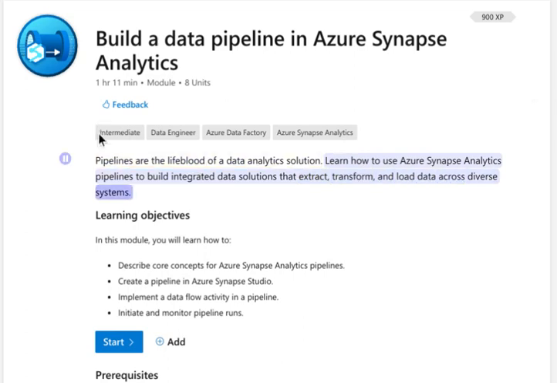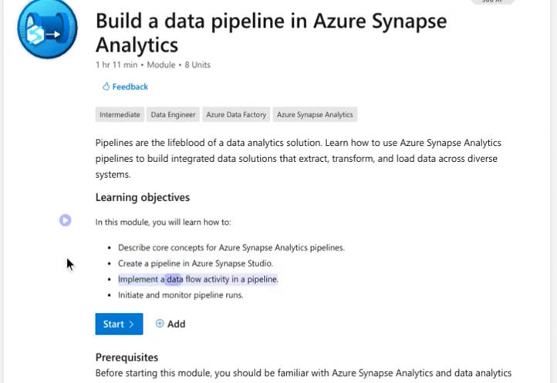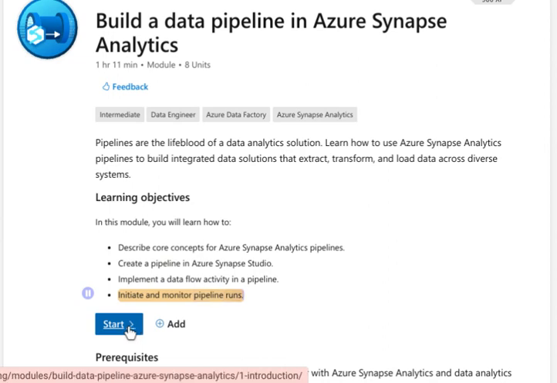diverse systems. Learning objectives. In this module, you will learn how to describe core concepts for Azure Synapse Analytics pipelines, create a pipeline in Azure Synapse Studio, implement a data flow activity in a pipeline, initiate and monitor pipeline runs. Prerequisites. Before starting this